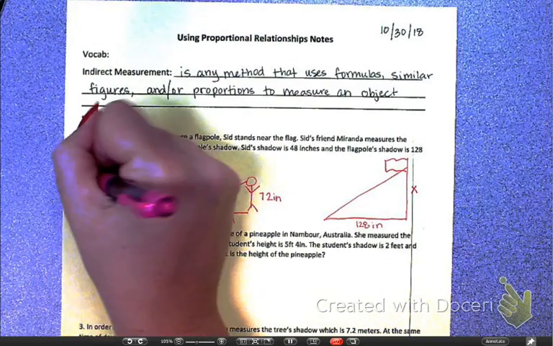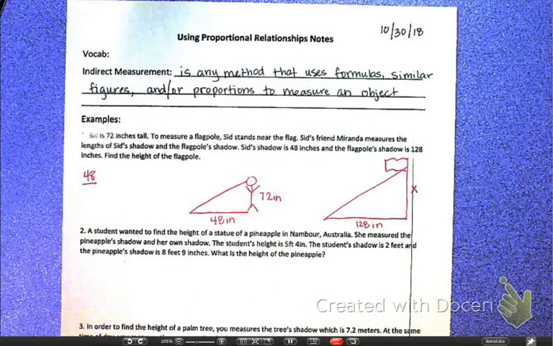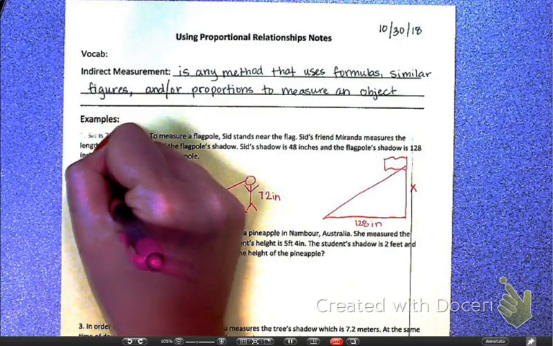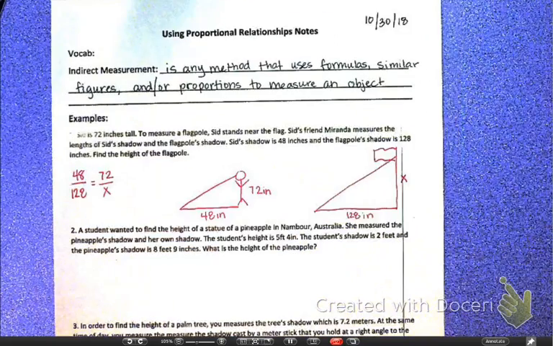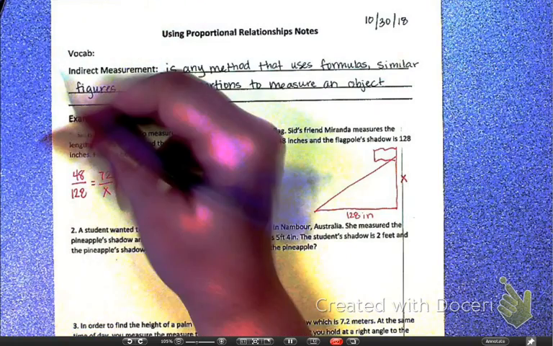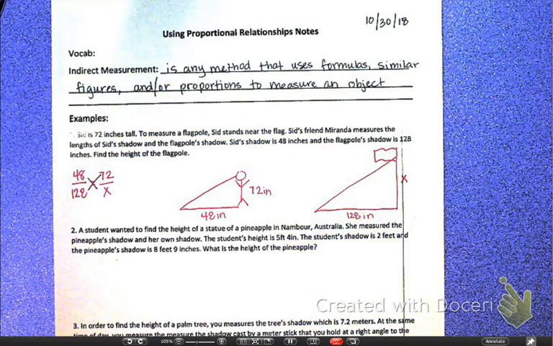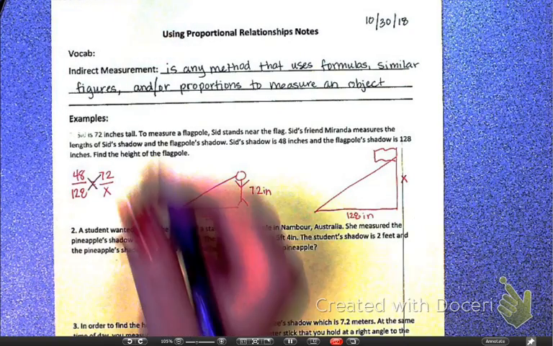So shadow of Sid to the shadow of the flagpole is going to equal the height of Sid to the height of the flagpole. Shadow to shadow, height to height. Okay, you're comparing the same pieces. Again, once we have our proportion, I'm confident that you guys can solve it, right? Cross multiply. All of them won't necessarily refer to shadows. We'll see a few. Okay, so 48x